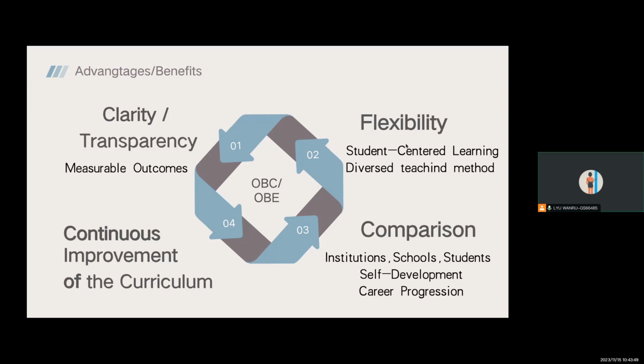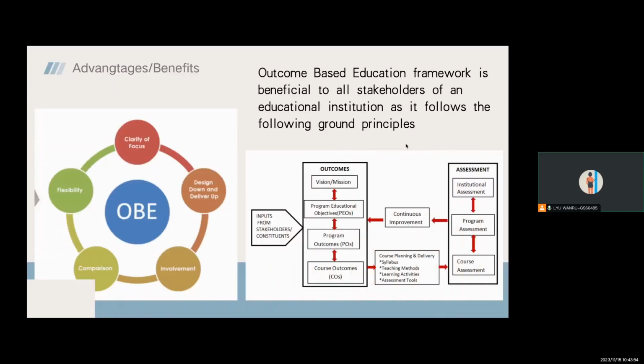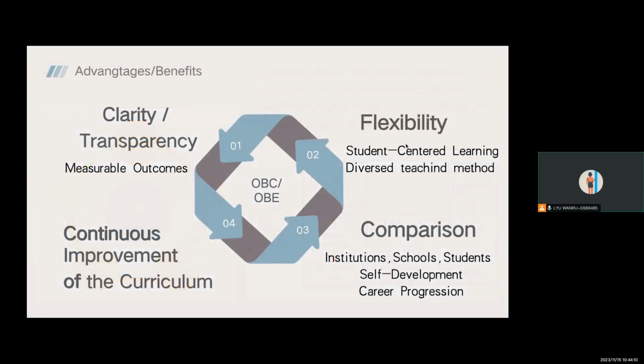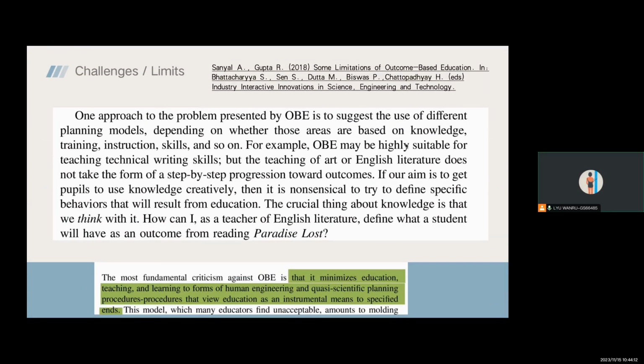Besides, about continuous improvement, we can see from the picture of the process graph on the former slide that OBC encourages continuous evaluation and improvement of the curriculum. Feedback from assessments and student performance can help educators refine and enhance the curriculum over time. However, OBC sure has its limits and challenges. So first, here I quote from the published paper, Some Limitation of Outcome-Based Education. The author said,